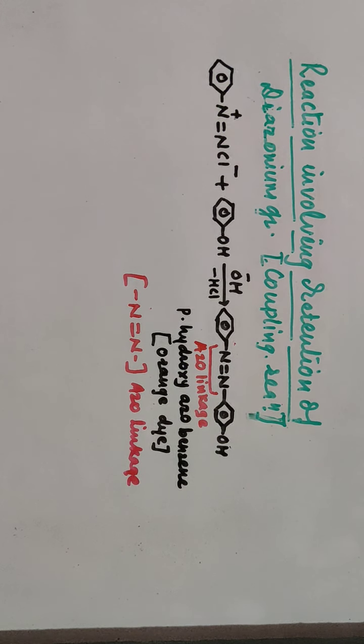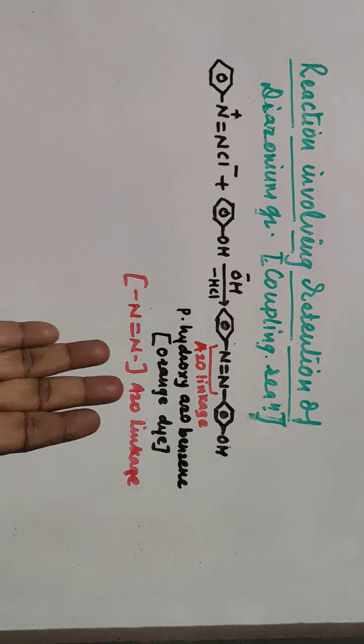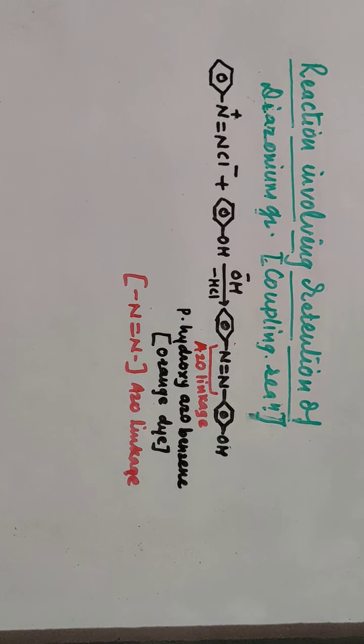In case of benzene ring, there is a conjugate system. You are well familiar with that, and there are two benzene rings attached by azo linkage. So here there is an extended conjugated system in which two benzene rings are linked together by azo linkage, and so they absorb in the visible region of electromagnetic spectrum, and so they get a particular color. So color of this dye is orange.